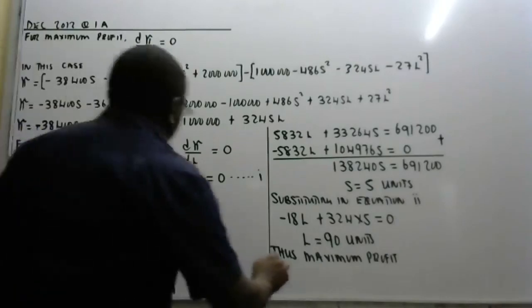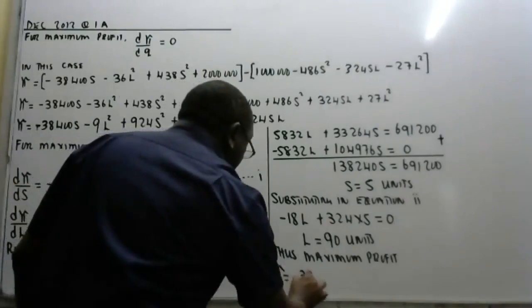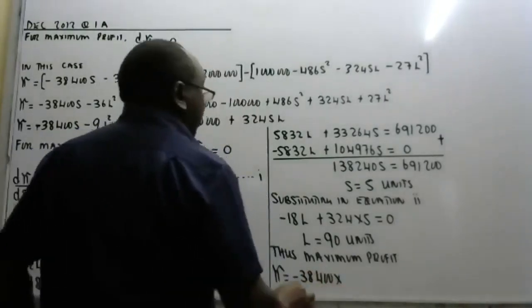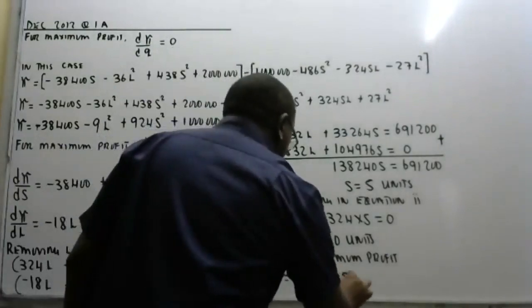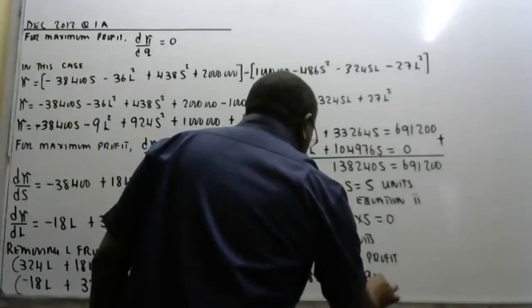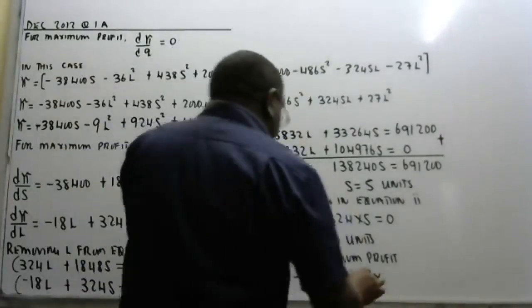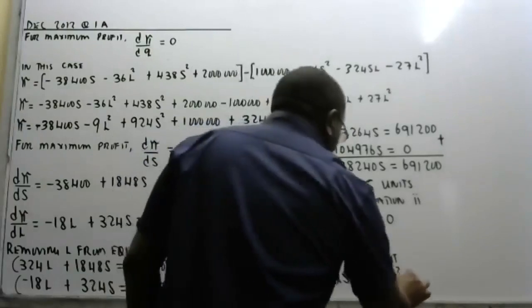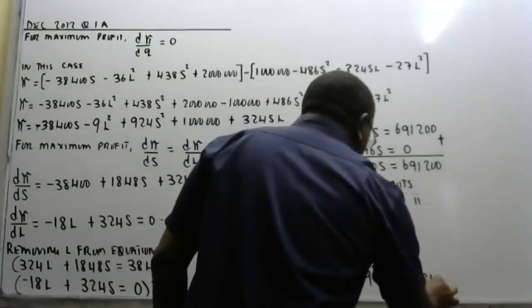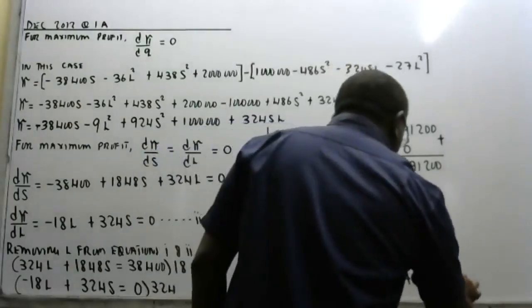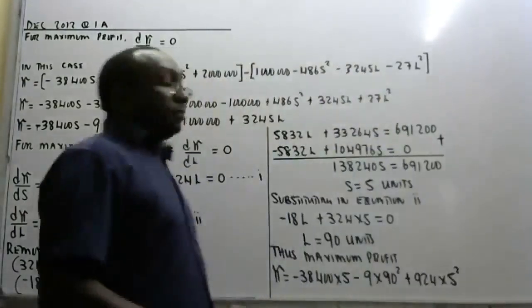So we are going to say minus 38,400 times S, S is 5, minus 9 times L squared, that is 90 squared, plus 924 times S squared, that is 5 squared,